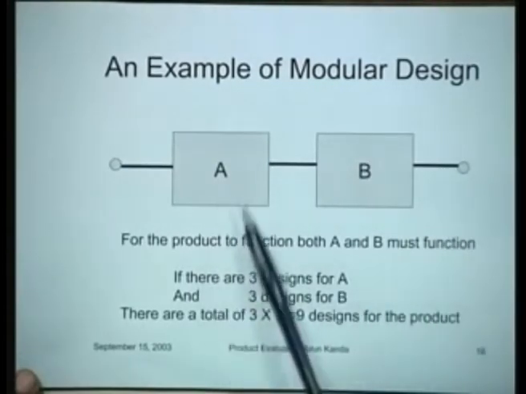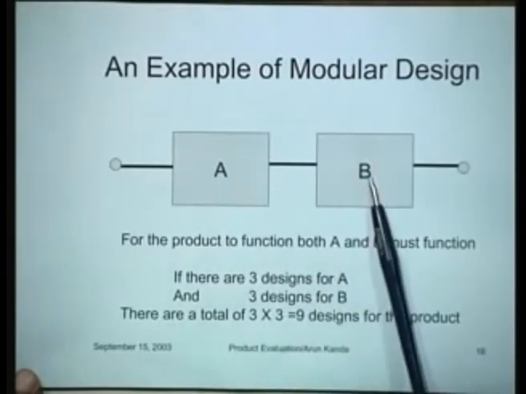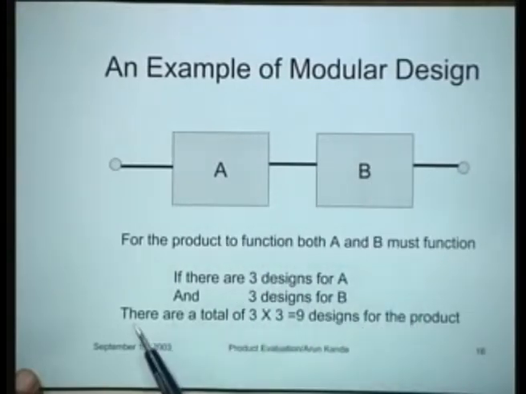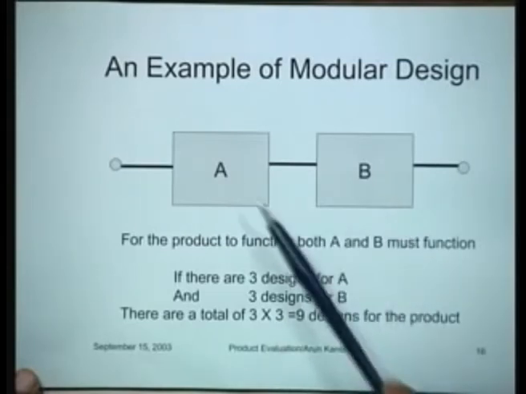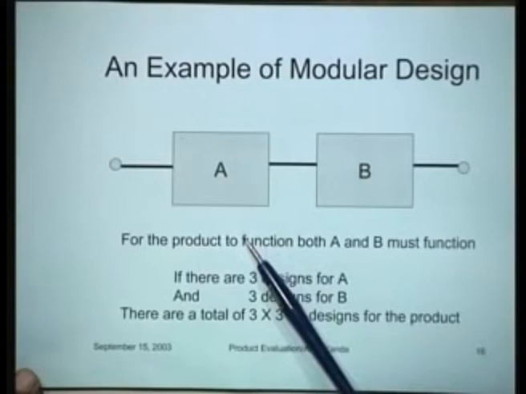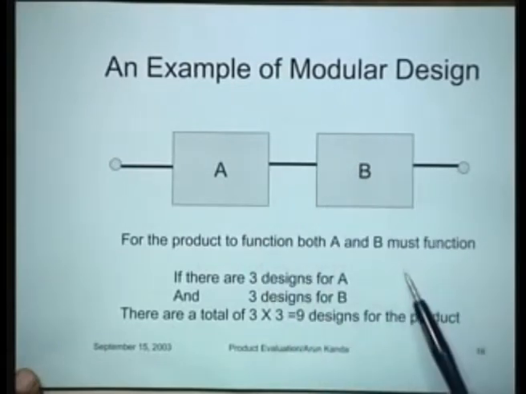So if there are 3 designs for A and 3 designs for B, what would happen? There is a total of 9 designs for the product. So just by taking a limited number of designs for one module and a certain number of designs for another module, you can generate a large number of product variety. So this is how